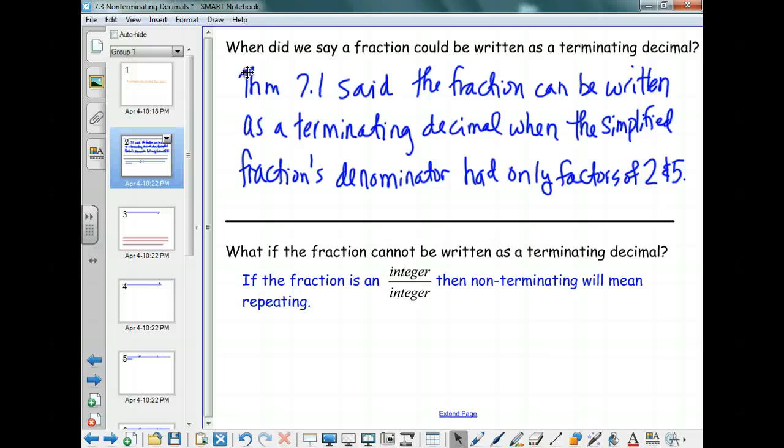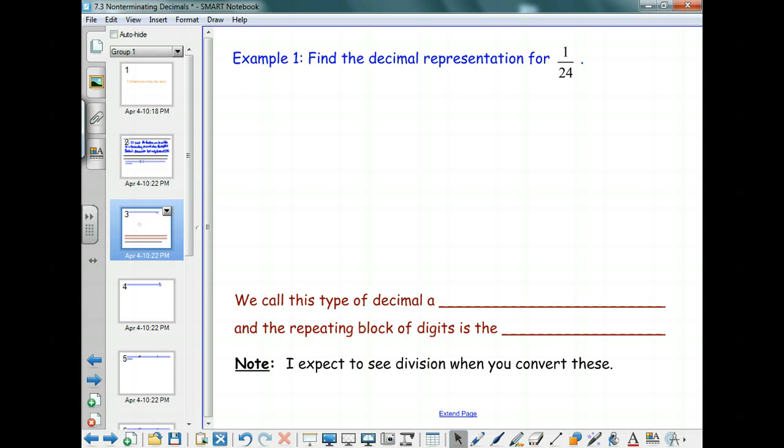So when can it not? Yeah, so if we have a fraction in the form of an integer over an integer, then the non-terminating means repeating. That's what we're going to be working with today. So you've heard or seen of repeating decimals, correct? So we're going to be working with this idea,